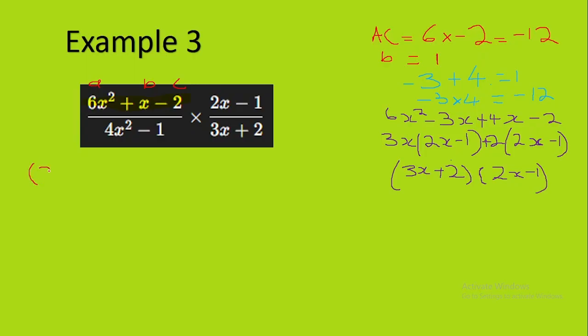We have 3x plus 2, so that's one bracket, and the other bracket is 2x minus 1, that's the other bracket,